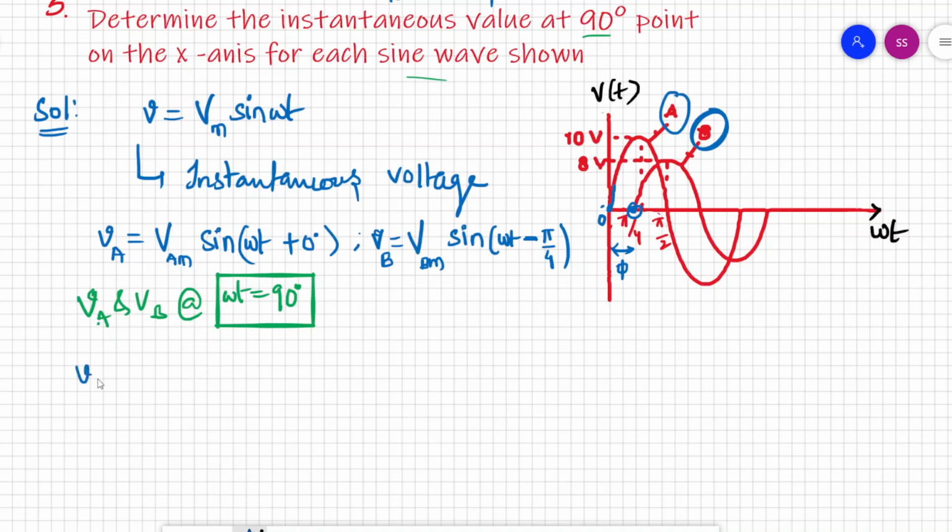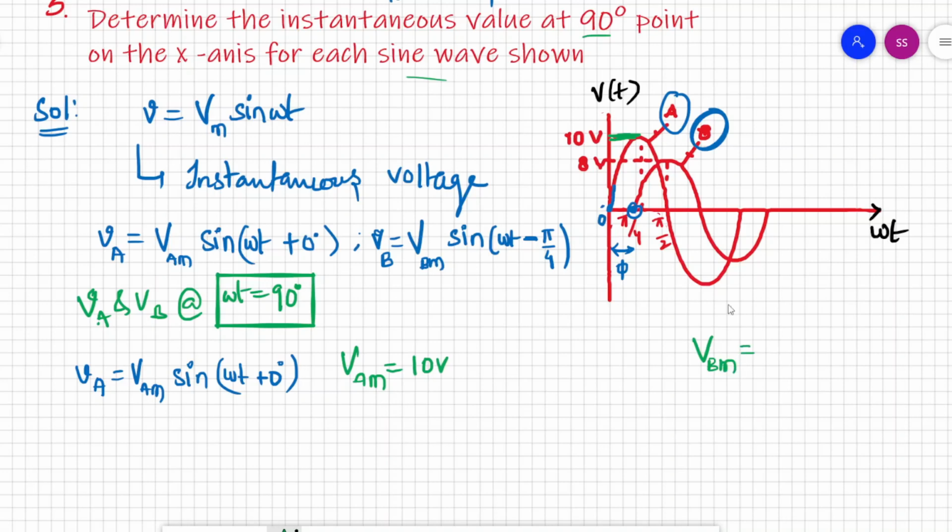So I am finding VA here. VA equal to VAM sine omega t plus 0. What is VAM here? Peak value of the first sine wave, that is A sine. So what is the peak value of that A waveform? That is 10 volts given here. Okay, here I am mentioning VAM, capital VAM is equal to 10 volts, whereas capital VBM, what is